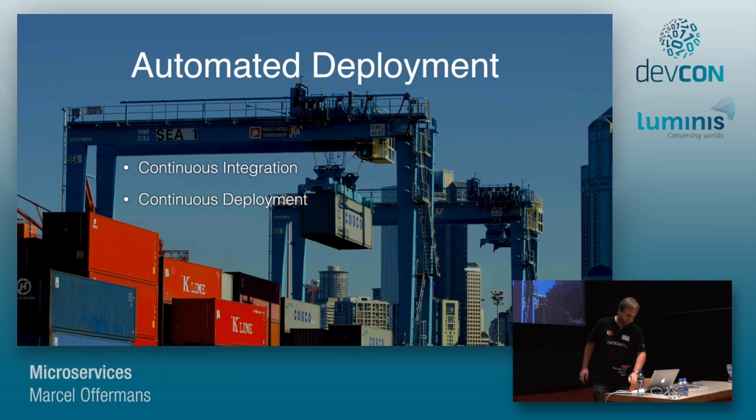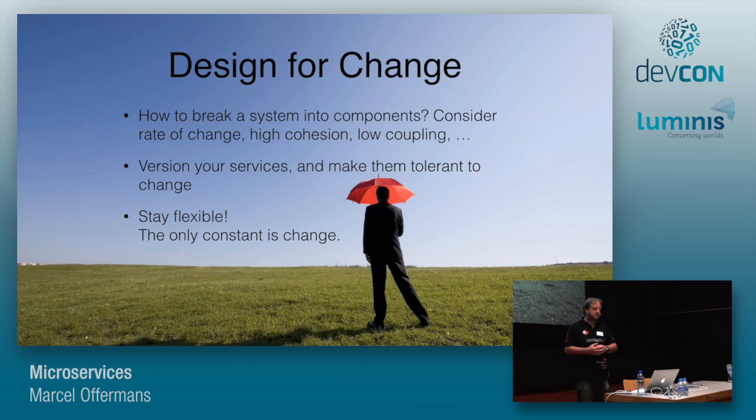And then some general design advice. Well, I mentioned it a couple of times already. It's important to design for change. That starts really early, when you start to decompose the system into different components. That's when you first have to start thinking really hard about, okay, so how is my system going to evolve? Because that might be an important driver for designing the components in the right way.